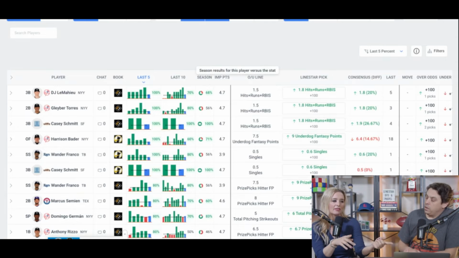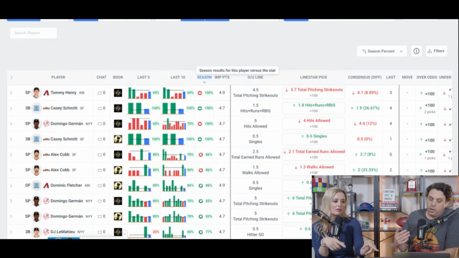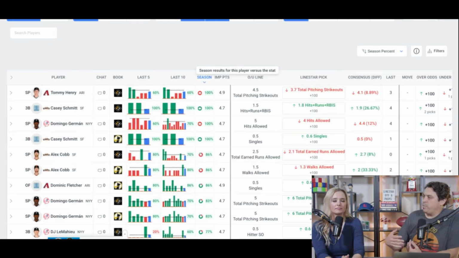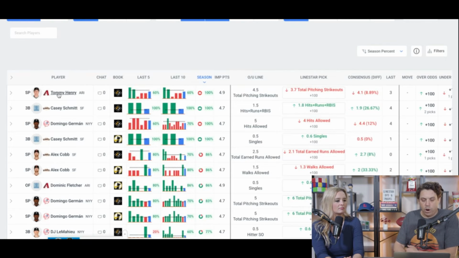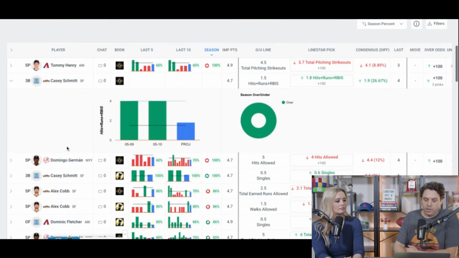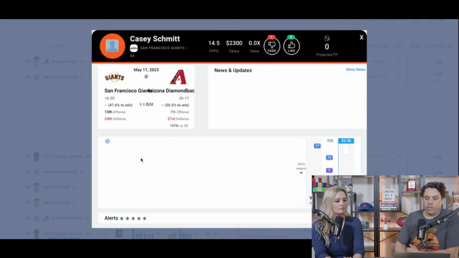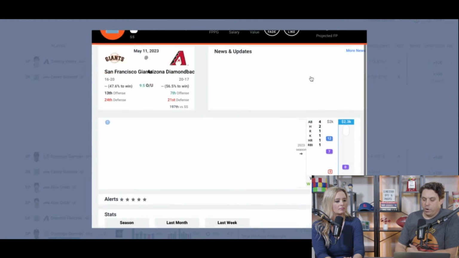And you can also click on the player's card if you click on the player's name. Another thing you can do is go by the season. For MLB, we're only a month into the season right now, so it's not really telling you much, but a little further into the season that will tell you more. And as Shannon said, you can click on the player card to bring up the graphs, make them bigger, or click on the card itself and get more info.